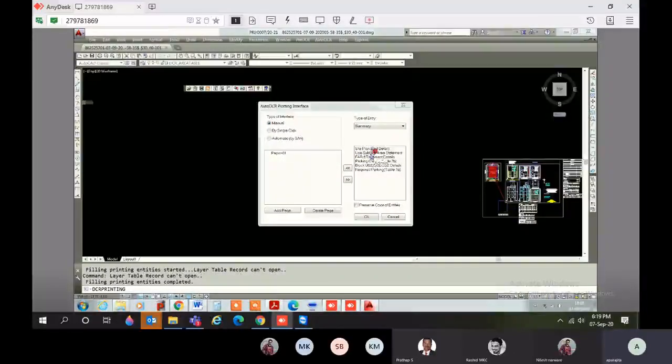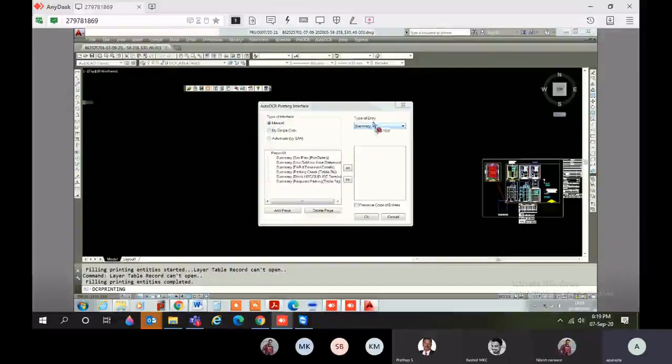Select all the site plans, use, sub-use, FAR by single click. Now the process is the same as the previous auto. Then select paper one, then select this arrow button to move this.